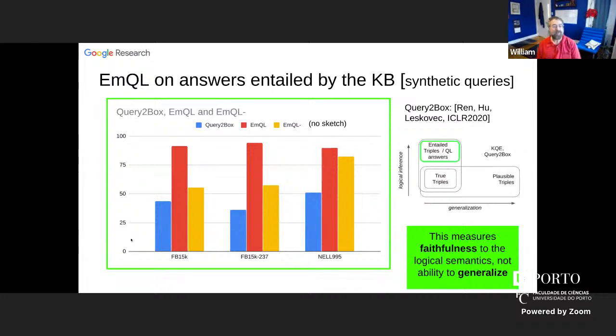So if you look at query to box, it actually performs pretty poorly, and MQL is pretty accurate. It's up in the 90s. Query to box is usually below 50%. This is a fairly forgiving measure. And if you discard the sketch, you see just the extra capacity you get from doing this lookup in a table of embeddings actually also gives you a good fraction of that gain. So MQL minus is basically not using this fancy sketch idea, which I think was pretty,